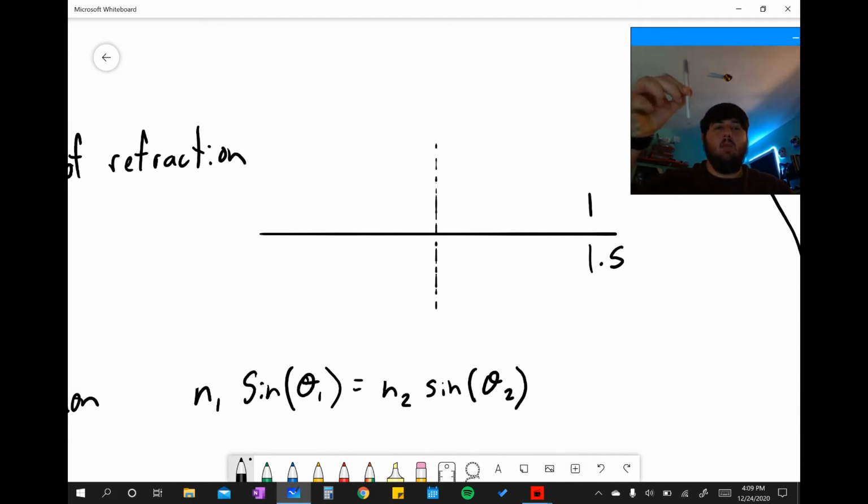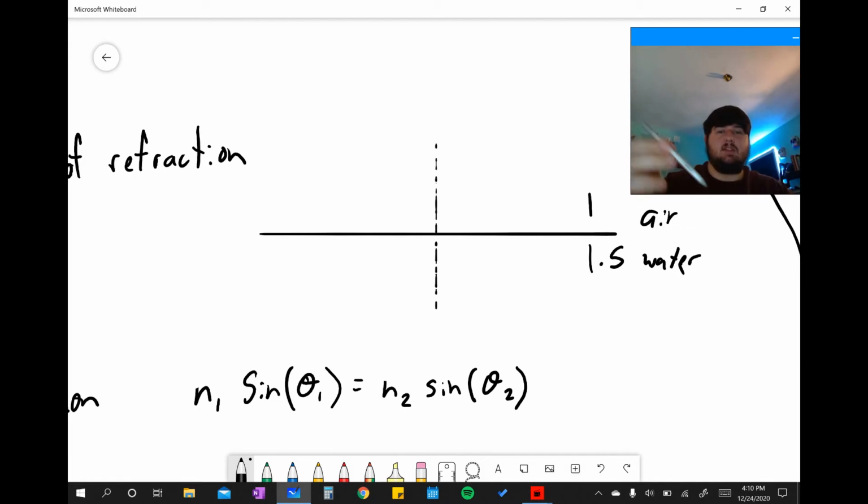No matter what angle the light enters the, we'll say water. We'll say this is air. As the light passes the boundary, we'll call this the point of intersection here, where the light moves through the material boundary. If it's moving into a higher index of refraction, it's going to move towards the perpendicular. So no matter what angle the light comes from, let's say it comes from 80 degrees, or it comes from,